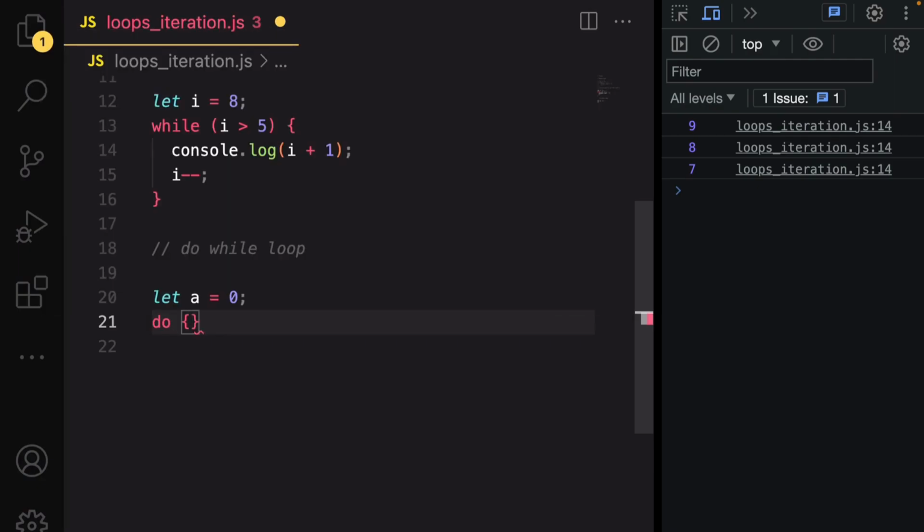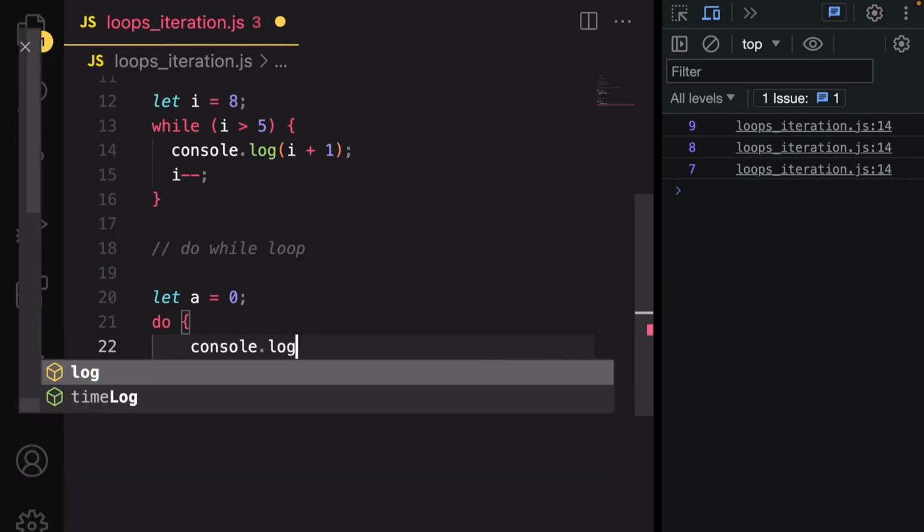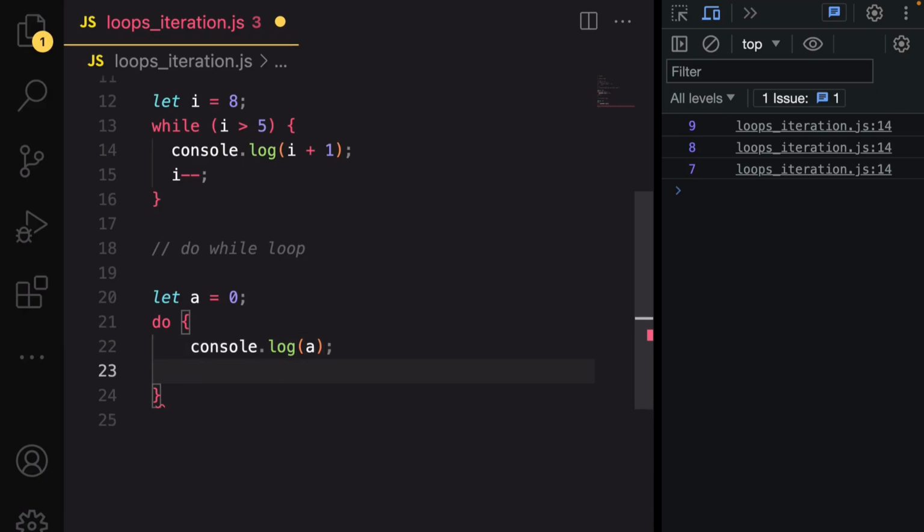Now we're going to open a curly brace, and then we're going to say console.log A to the console, and then I'm going to increment A, and then I'm going to do this